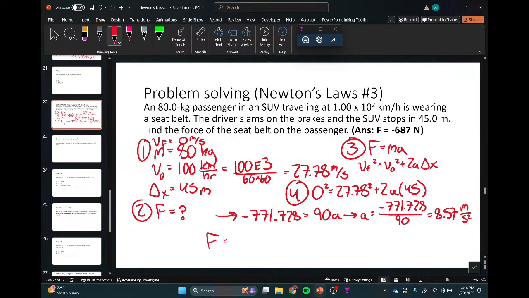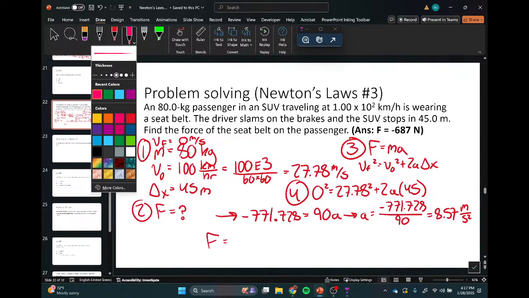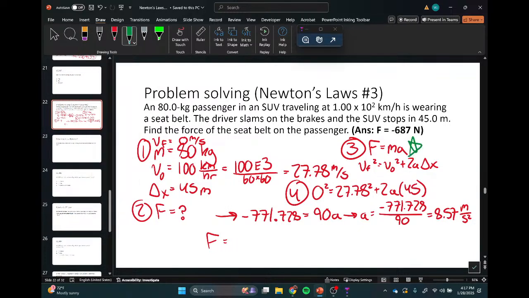Anywho, great. We got the acceleration. It's pretty decent. Then we just multiply it by the mass, and we're done. So this is a problem where we can see the connection between kinematics and forces, and this will pop up. It's really easy. Find the acceleration, then find the force, or find the acceleration, then do some kinematics, vice versa. And we get a final force of negative 685.6.